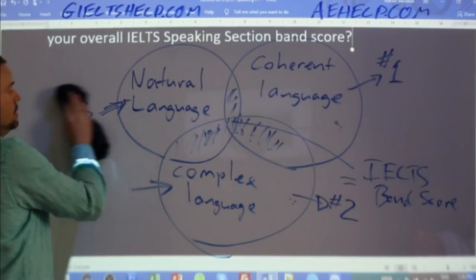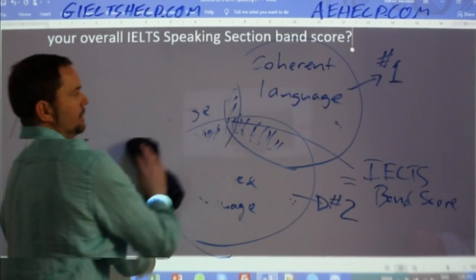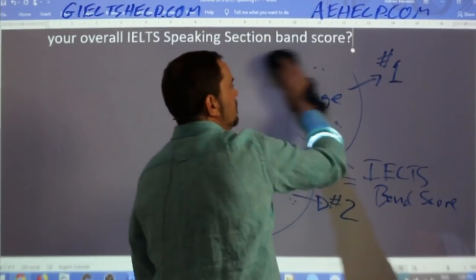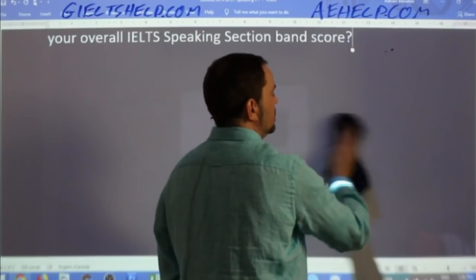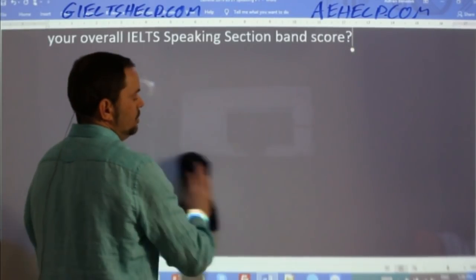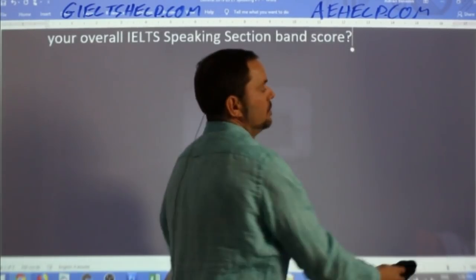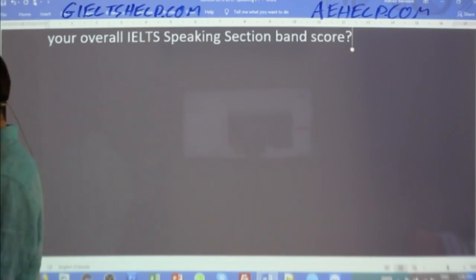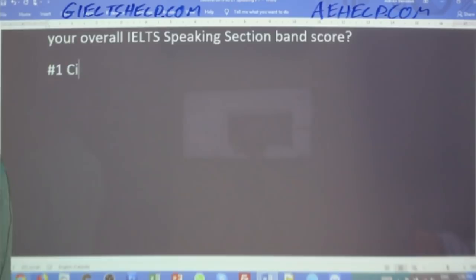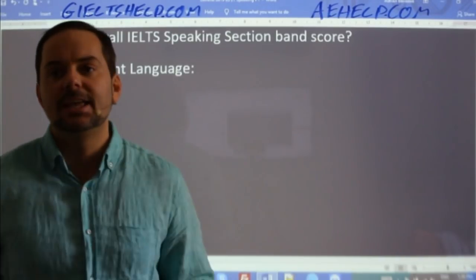So, let's talk about that a little bit. What do you need to pay attention to have coherent language? What do you think are important skills to use to have coherent language? Okay, so let's go into a little bit more detail here, students, before we crack into some speaking examples. So number one is coherent language. So what do you think needs to happen to have coherent language? And again,